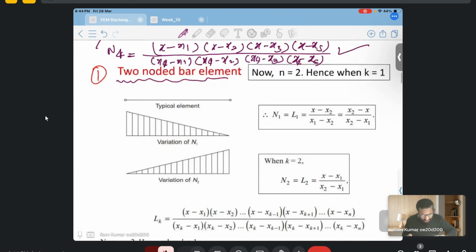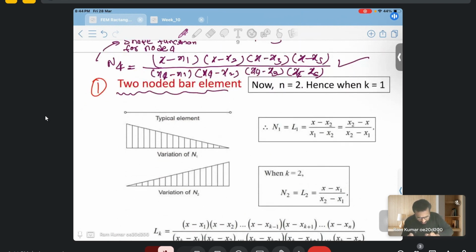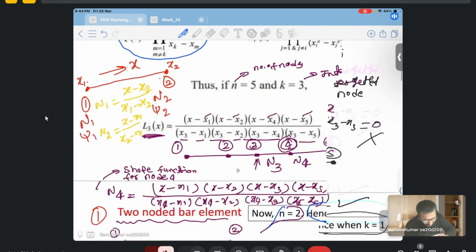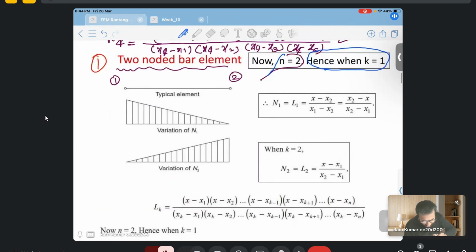So for example, in this case, we are having this 2 node element, so node 1, node 2. What will be the total number of nodes we are having? 2. So this will be 2. And at which node do you want to find that shape function? For example, I want to find it at node 1, so k will be equal to 1. You can put it in this formula also, but no need to remember that formula. Directly we can write n1 equal to